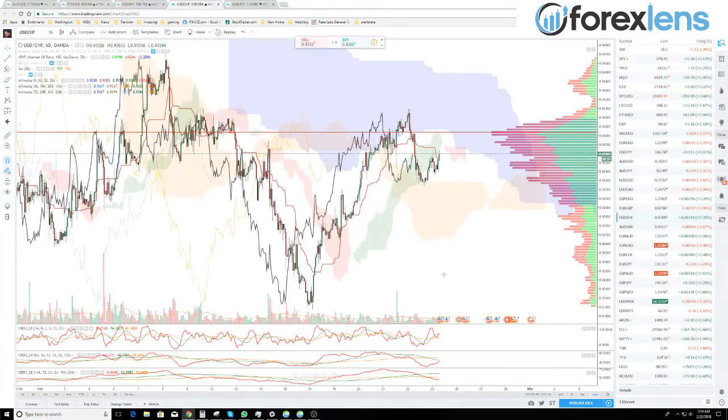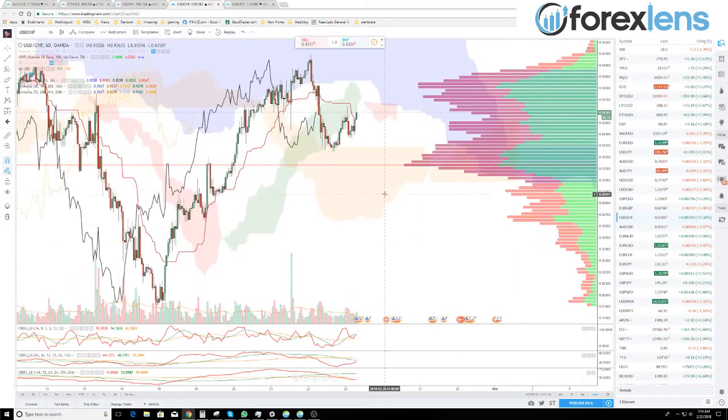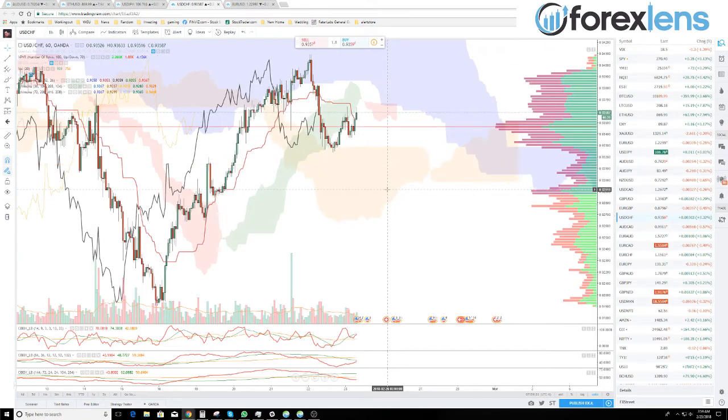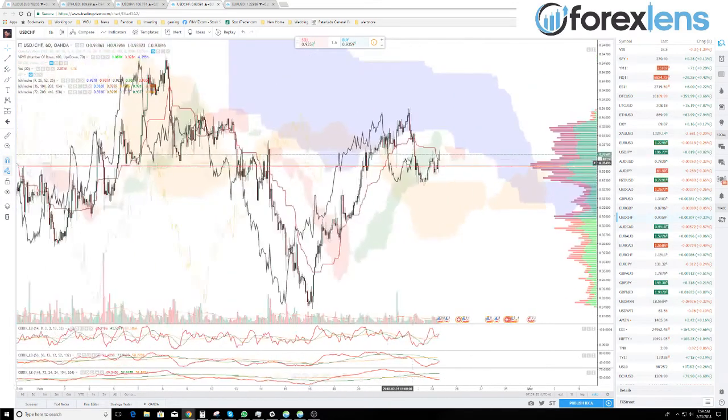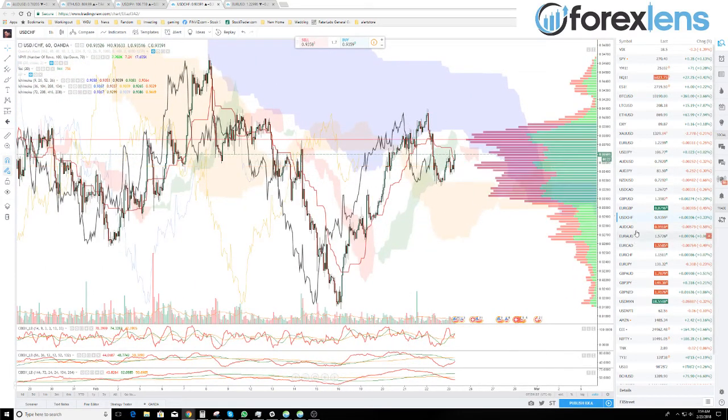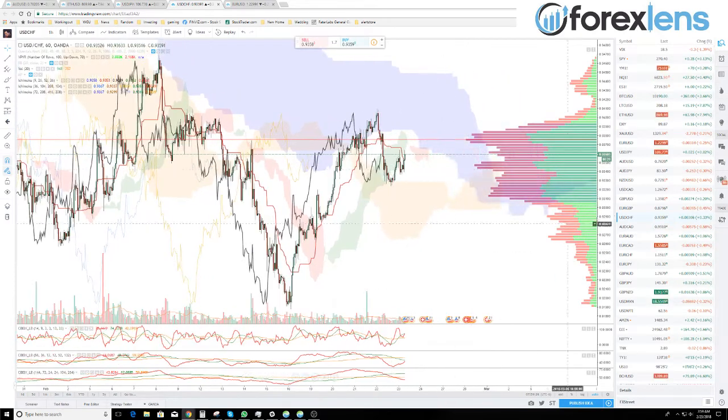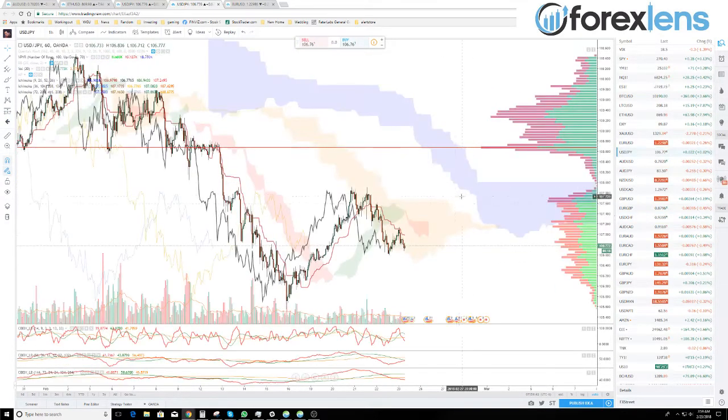Dollar Swiss, the Swissy. No trade. No trade. So you can just kind of tell sometimes what you're going to do. Let's go over these real again. You know, dollar yen. Wanting to look for